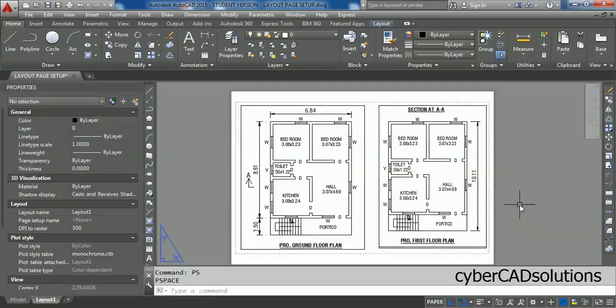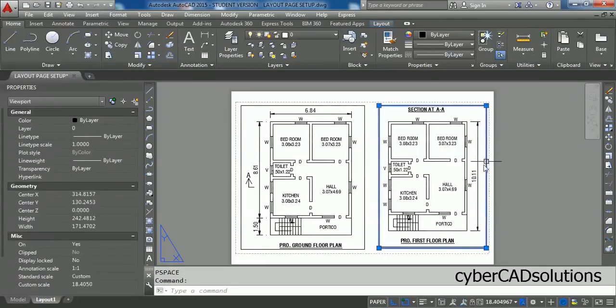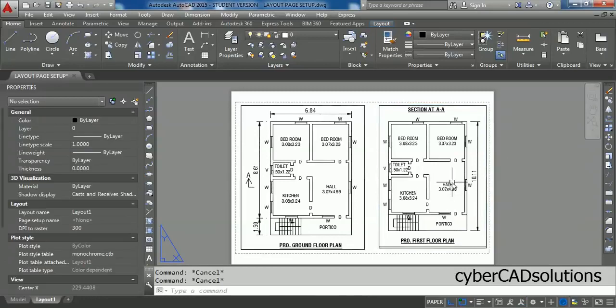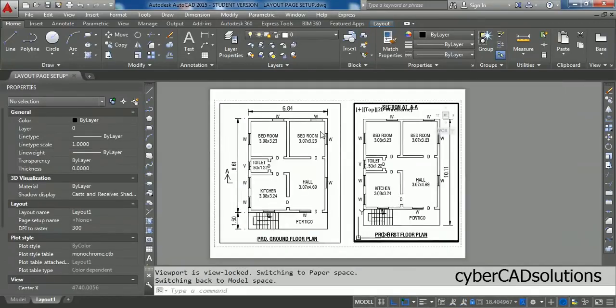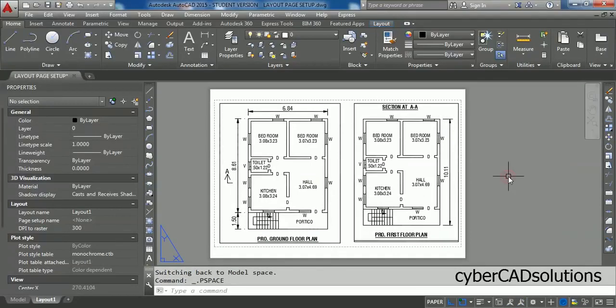Then we will see how to set scale. So if you want to lock this viewport, just select this and go to miscellaneous properties and take the display locked option and click on yes, so that even if you unfortunately get into this viewport and do any zooms, the view won't get changed. Now we will see how to set the scale to a viewport.